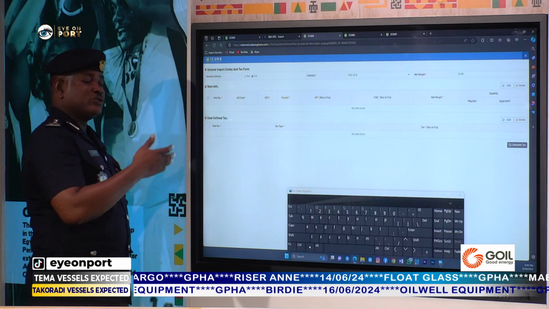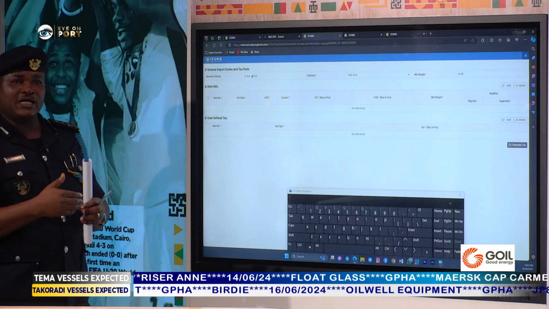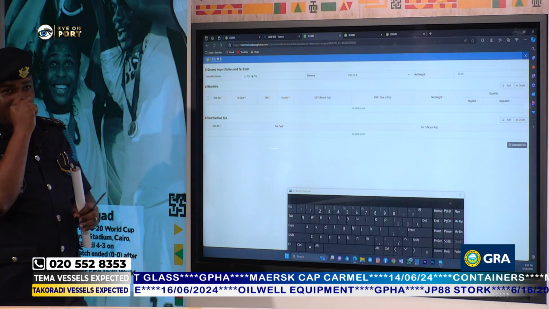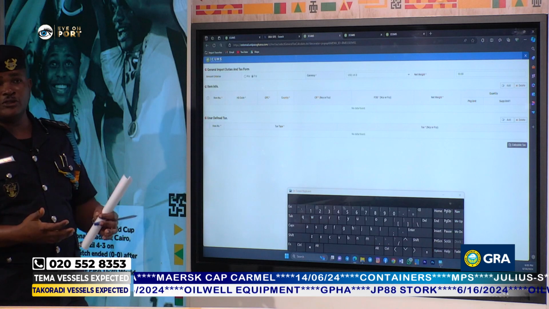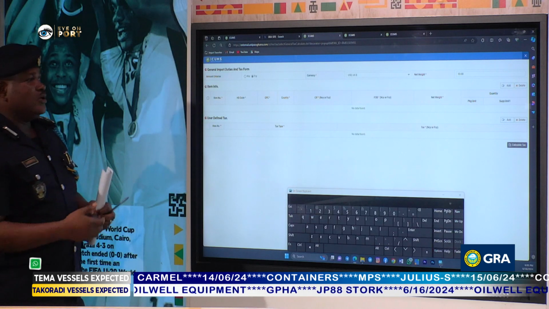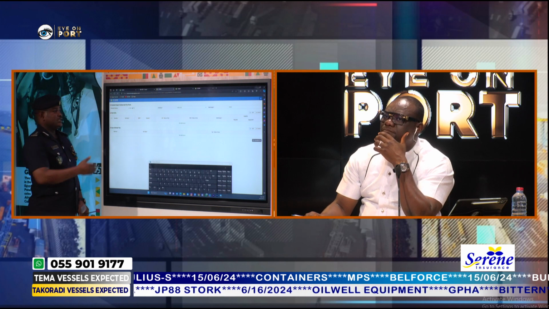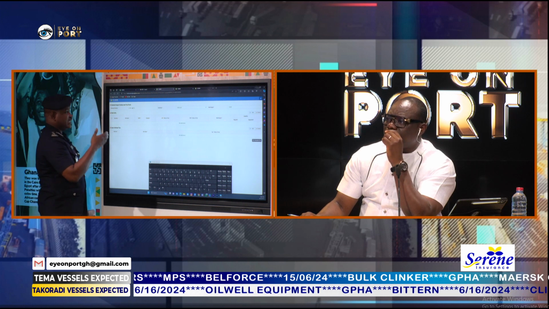Then the customs procedure code, the procedure under which you are admitting the cargo. Whether you are entering the cargo into home consumption, which is called home use, or it is for warehousing, for transit, or for export. These are the procedures. So it's asking you to provide the detailed procedure under which you are